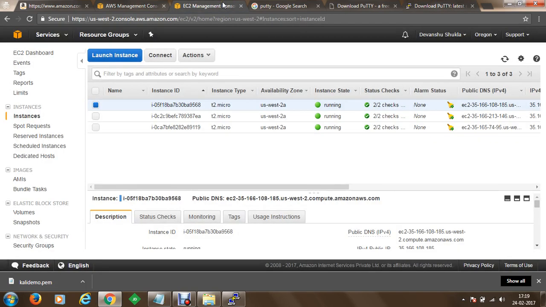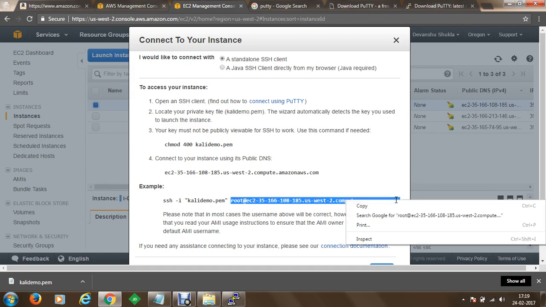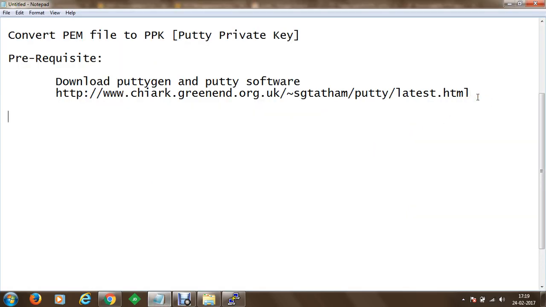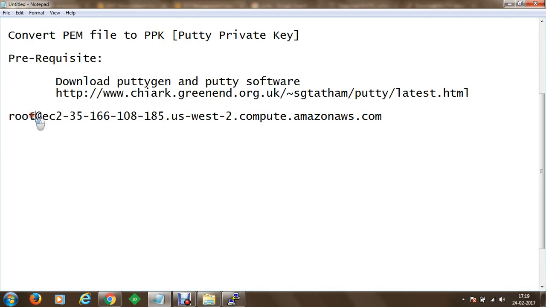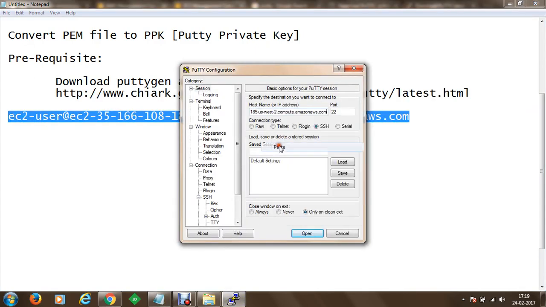We'll go to our management console, and I have selected my Kali demo machine. I would like to connect to this machine. To connect, I get the username from here, and at the moment we like to connect as ec2-user. So I will be connecting to this URL which I have saved for reference. Directly we cannot access root, so we are going to connect as ec2-user. Let's copy the URL. Once we copy, we go to PuTTY and we are going to paste the URL. We'll connect to port number 22, which is the default SSH port.